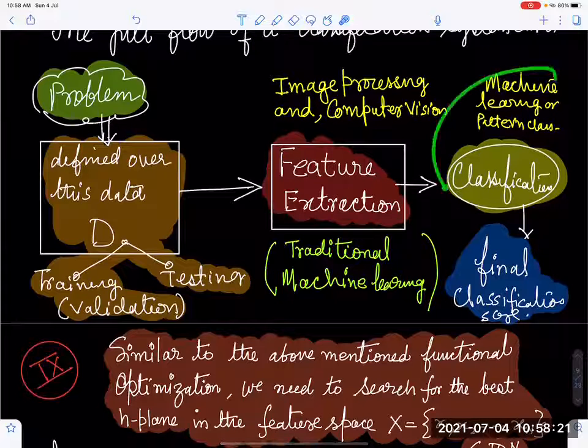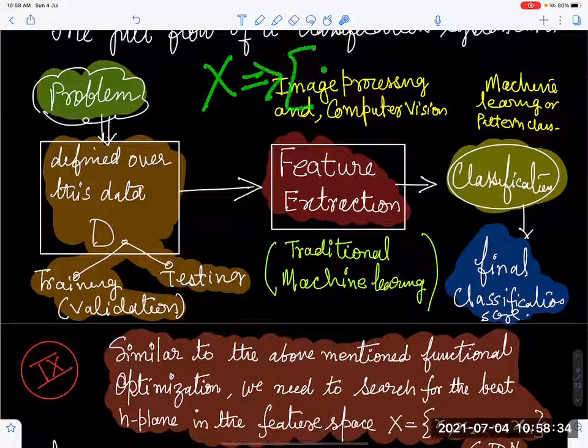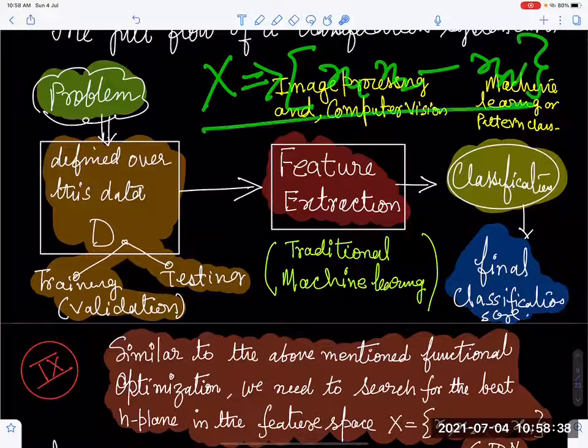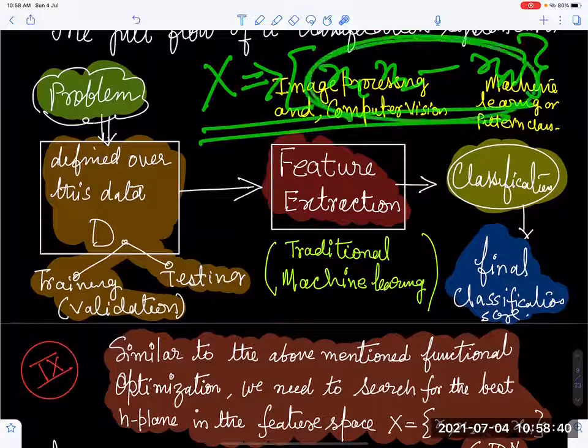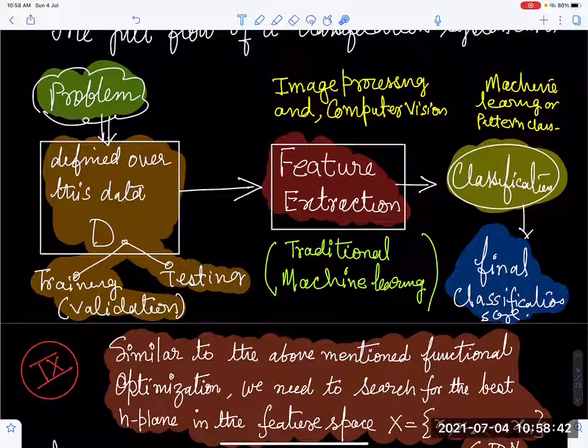Now there is another thing which is called machine learning. If you start with Duda Hart, the very popular machine learning book, or Bishop, all of them say that my data is X, which is nothing but X1, X2 to Xn, an n-dimensional vector. They don't even bother about what these dimensions are, or how you have got them.